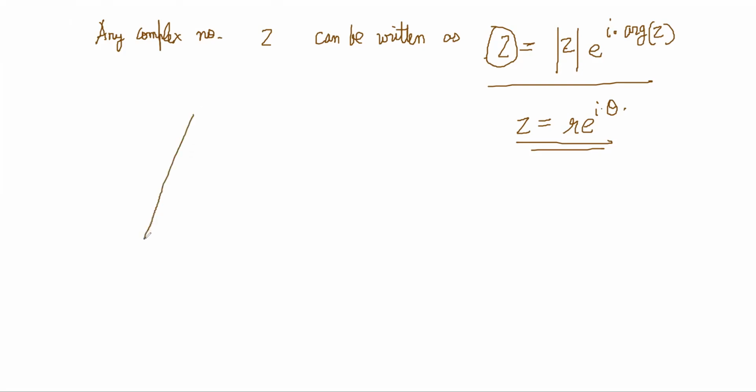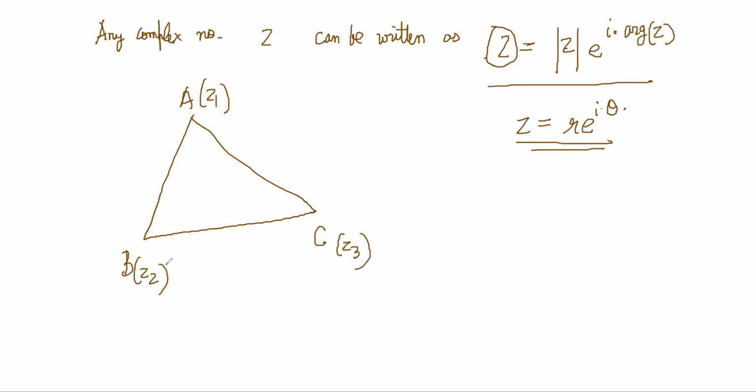So now if you want to write angles of a triangle, suppose ABC, let's say this is z1, this is z2, and this is z3. Now what I want to capture is angle B. I have put an arrow on the angle because I always want to measure angles in the anti-clockwise sense. All the anti-clockwise angles are assumed to be positive. And if by chance your angle is in a clockwise manner like this, then it will be the negative of whatever.